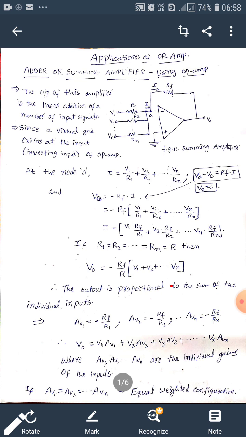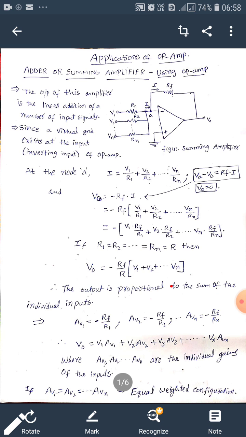Here we have a virtual ground at node A. The meaning of virtual ground is that the inverting terminal, the minus terminal, is assumed to be at ground potential, that is virtual ground in case of operational amplifier. So if you apply KCL at node A,